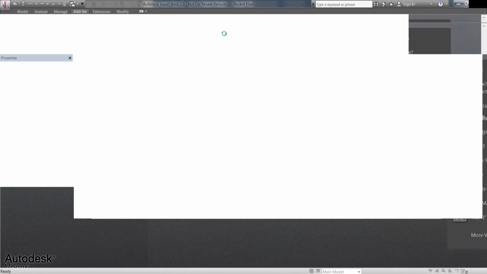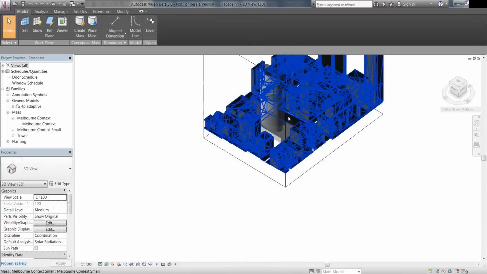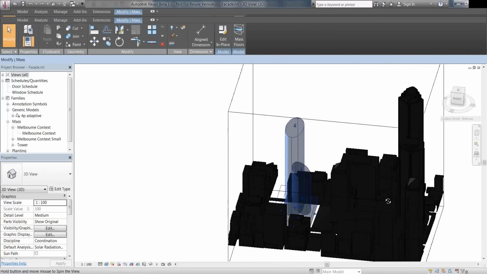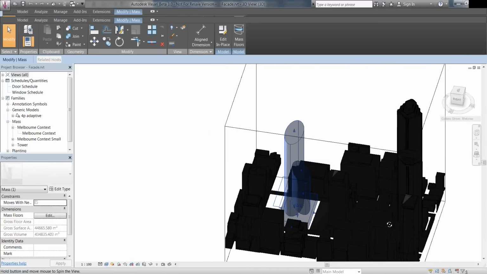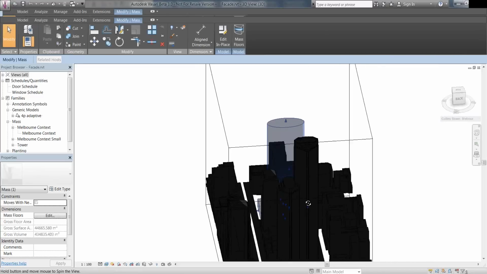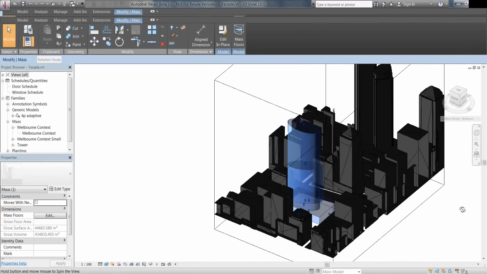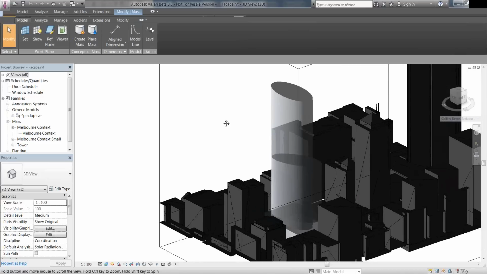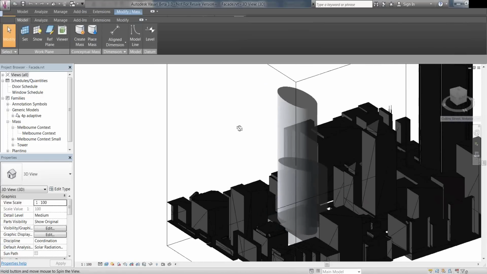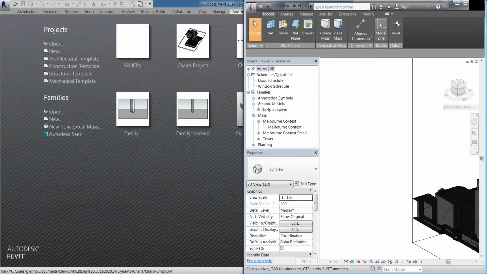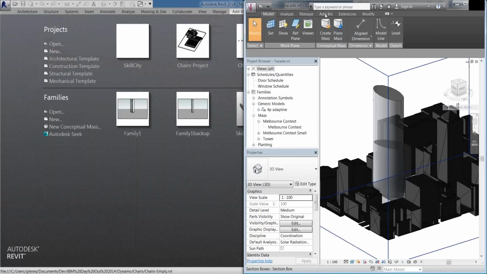So I've got a similar file set up here of a form that potentially can't be rotated around in the same way. The form may be set by the powers that be, but if we're dealing with the facade, we can still look to put the optimum facade on that form based on analysis results. So this next little Dynamo script works on the solar analysis results of just one face at this stage. Start Dynamo up here